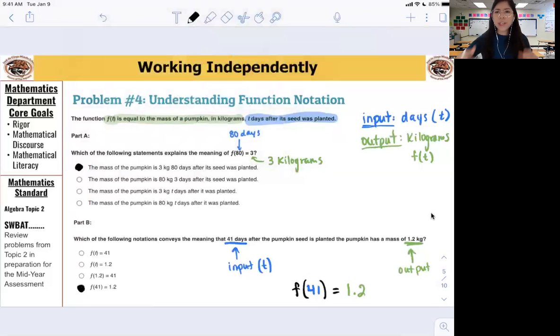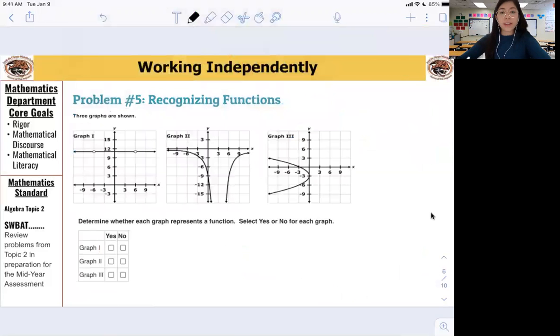Okay, it's all about reading this function notation and understanding what is the input, what is the output, what does it represent. Problem number 5, recognizing functions. All right, so I have 3 graphs and I need to determine if it is a function or if it's not a function. And remember,